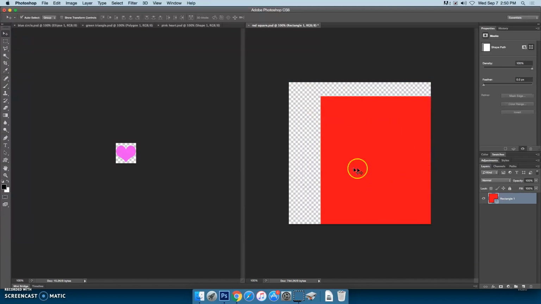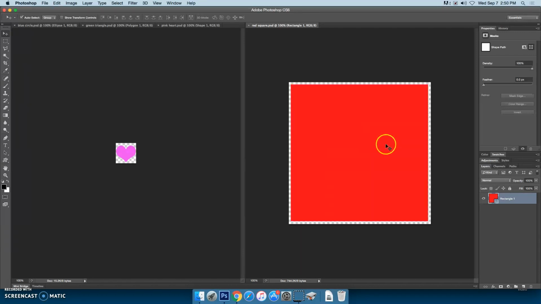Okay? Now, I just moved this 100 different ways. So if I Command Z and it doesn't go back, I can go to my history panel, and my history panel will allow me to go back to the beginning